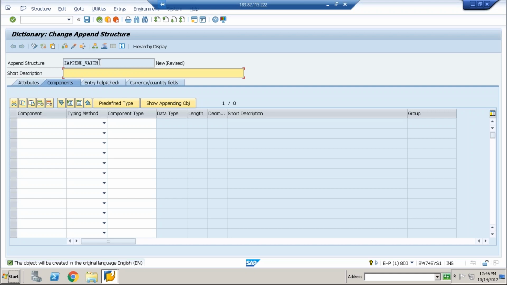So here I am creating an append structure, right? So in this append structure I have to include the fields, whatever fields I want to enhance. Let's say I want to add 10 fields to this data source, so I have to include all those 10 fields here, right? So what is the naming convention for the fields? So all the fields should start with